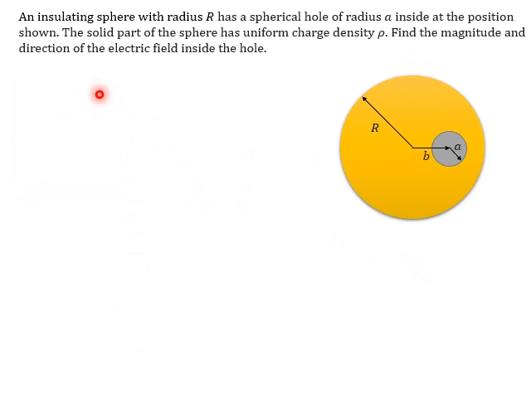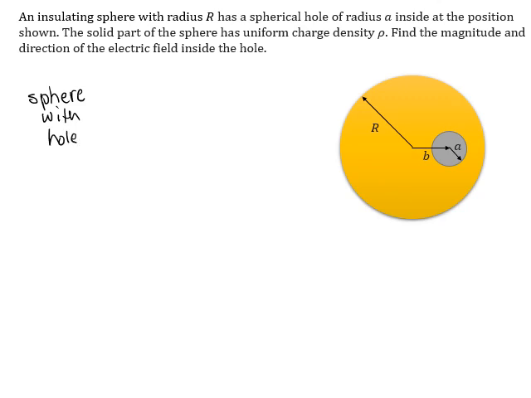So now let's take that bit we just did and let's turn it into a new problem. Let's say we have an insulating sphere with radius r, so a great big sphere, and it has a hole that's off center. So this is kind of an interesting idea. Find the electric field inside the hole. So we want the electric field in here. So the first way we're going to think about this is how could we make this structure? So the way to make a sphere with a hole in it